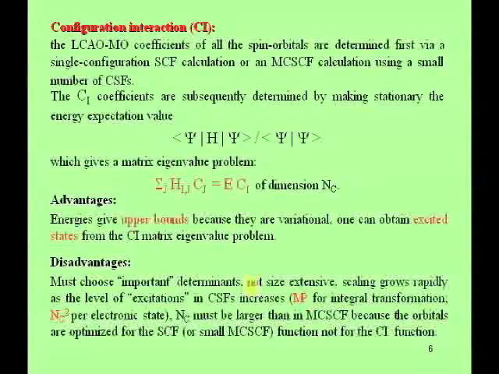The scaling of the computational effort grows rapidly with the number of excitations. We showed this example earlier. If you try to include high-level excitations of even 10 electrons in 10 orbitals, things just get out of hand. So the computational size of the secular problem will get very much out of hand unless you make wise choices of configurations to include. Also, there's this m to the 5th process in transforming the 2-electron integrals from the AO